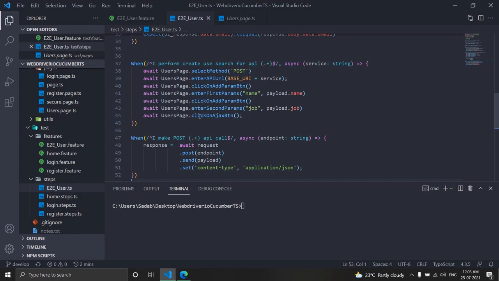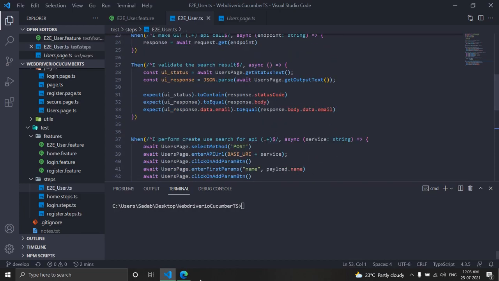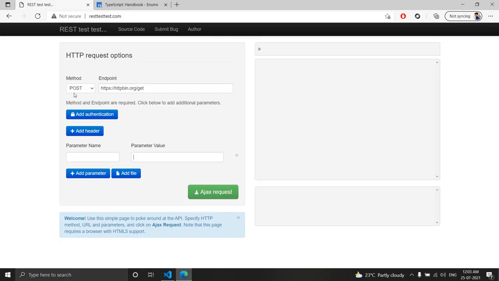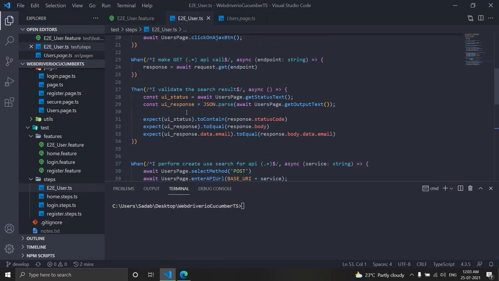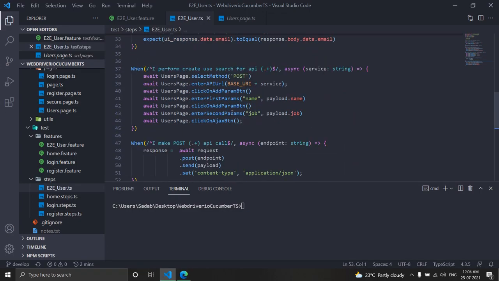Whatever we have written is working fine, but you see here, this is a method drop down to select, and we have only this set of options to be selected: get, post, option, put, delete, and there is no further option. We know that we have only these API calls available, so we need to select only these options from this drop-down, nothing else. And we have a method here to select the drop-down, that is the select method, and the type of method we are passing as a string, right?